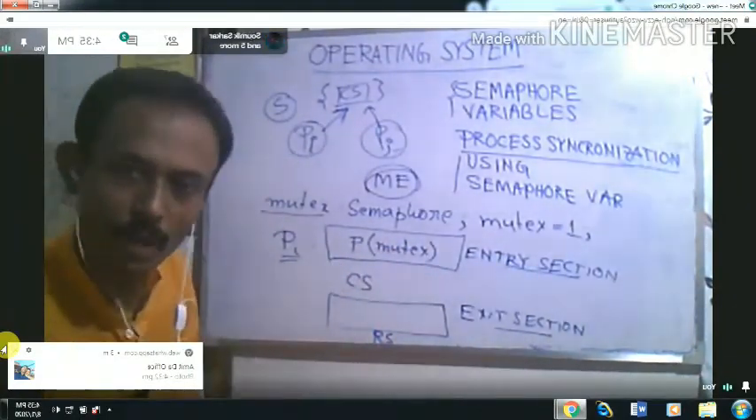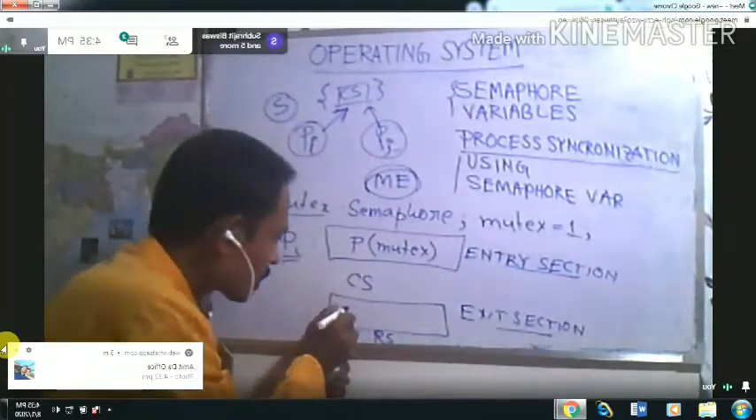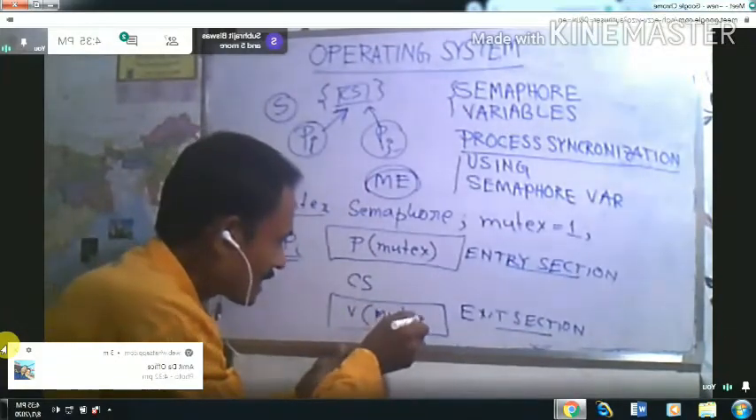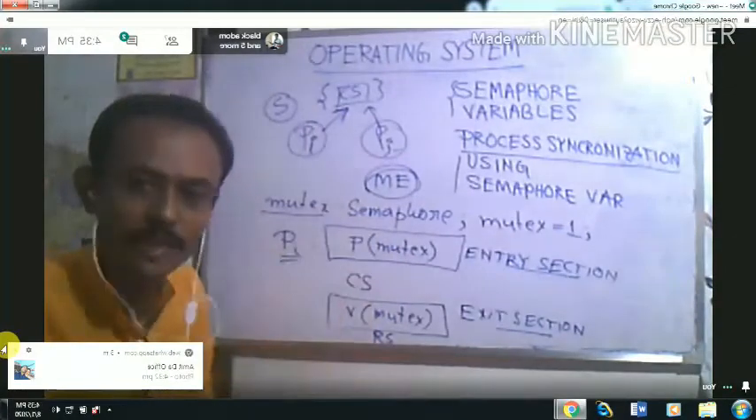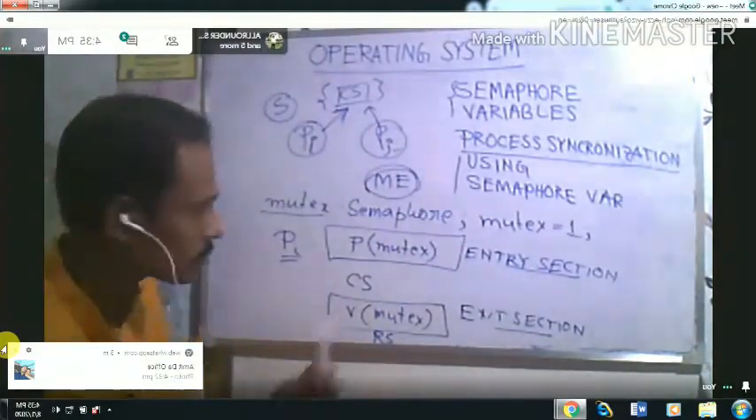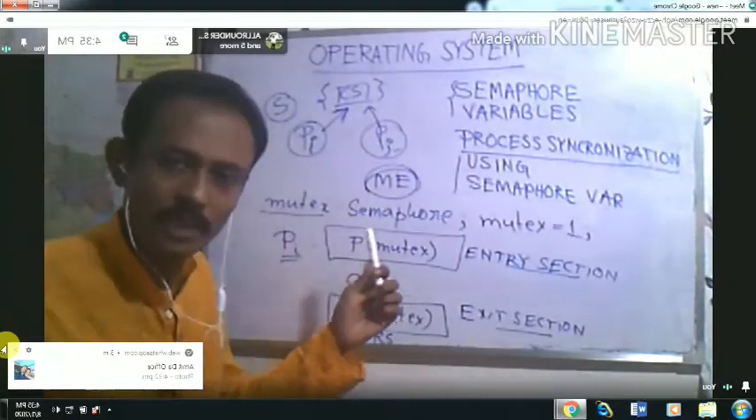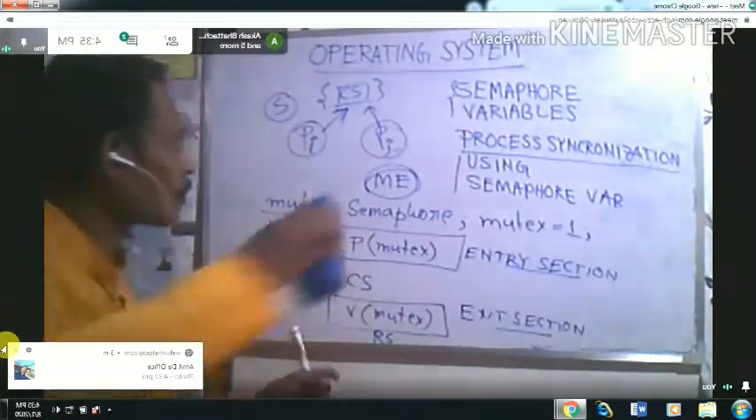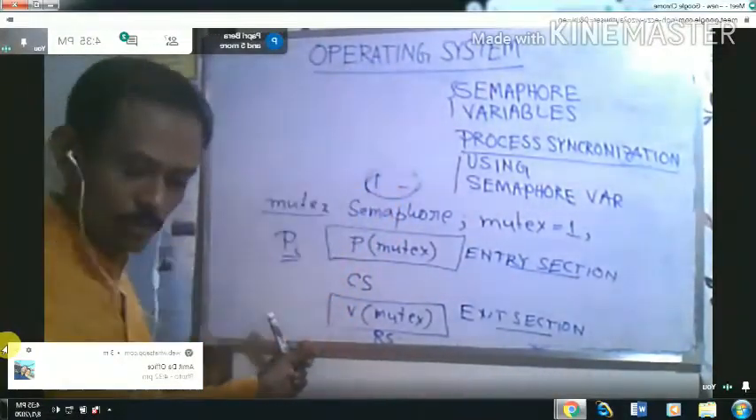And when it will be exit section, we will just call the V operation, V mutex. So just writing this simple code, we can ensure the mutual exclusion. How? You just remember the P operation. What will happen in the P operation? What was written in the P operation? In the P operation, this was written, the P mutex